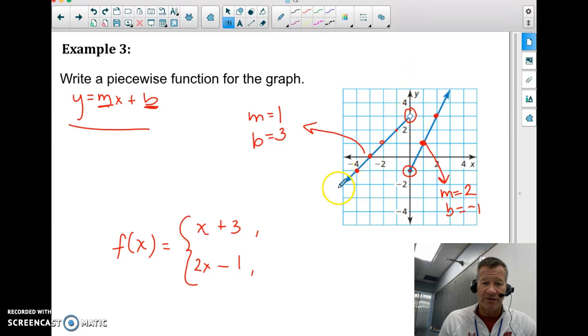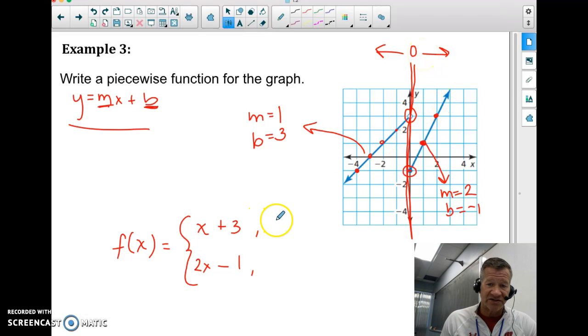This first line is graphed all the way up until we hit right here. Here's where one stops and the other one starts. Well, that's at x equals 0. This one is graphed to the left of 0, the other one's graphed to the right of 0. So the first equation is graphed for x is less than 0, and the other one is graphed when x